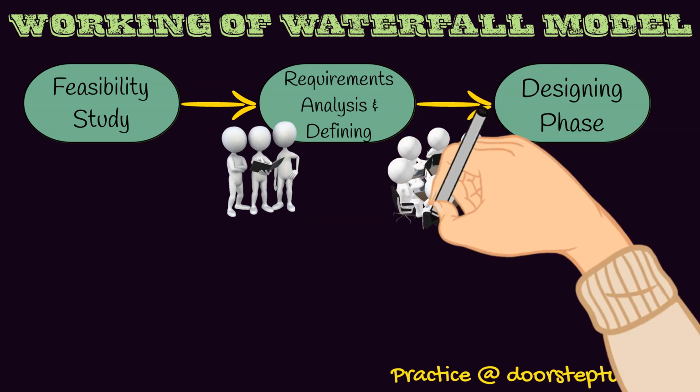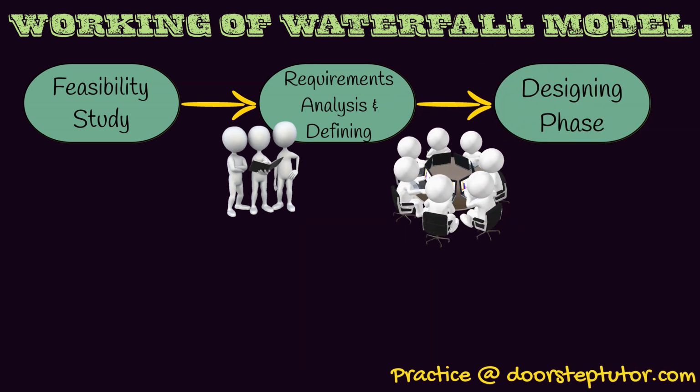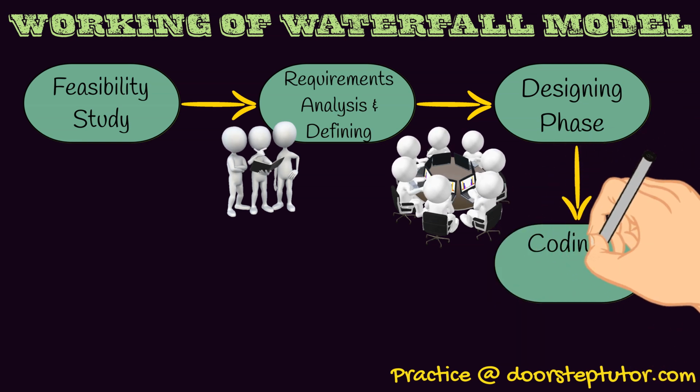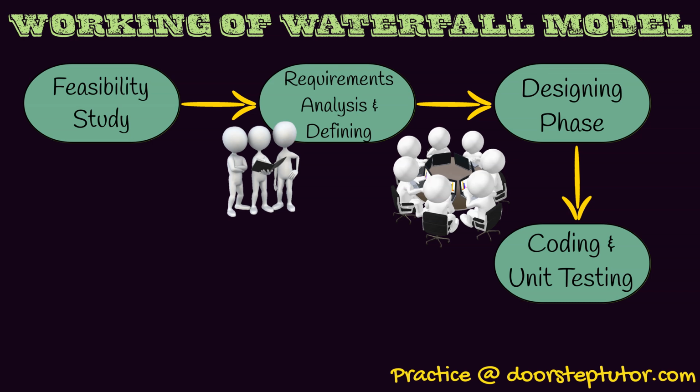Designing phase means that we have to finally implement, and we will design the outer look of the product. Then we will have the coding and the unit testing. The coding part means that with the help of programming languages according to the requirement, like C#, C++ or C, ASP.NET, PHP, Java, Core Java or Advanced Java, depending upon the requirement, we will choose the programming language. Then we will develop the code for the entire product. Then we will come to the unit testing part.